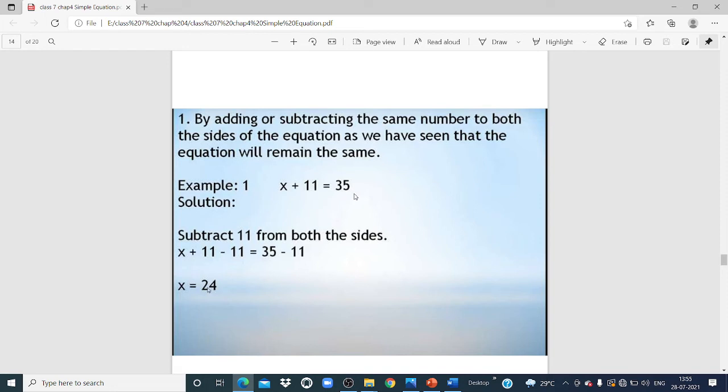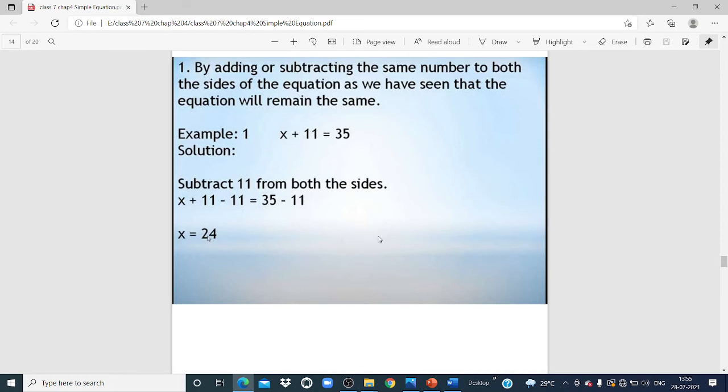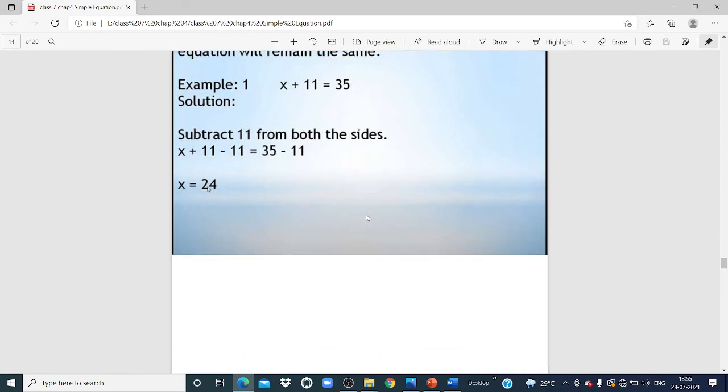Solution of the example is simply to find the value of x. So, how will we get the value of x? x plus 11. So, do one thing. Here we have addition in the example. So, while finding the answer, do the subtraction with the same number. Clear? So subtract the same number, that is 11, from both sides. x plus 11 minus 11 is equal to 35 minus 11. So plus 11 minus 11 get cancelled. We have only x on the left hand side, and the right hand side will give an answer. So what is the solution of the given example? x is equal to 24 is the solution.